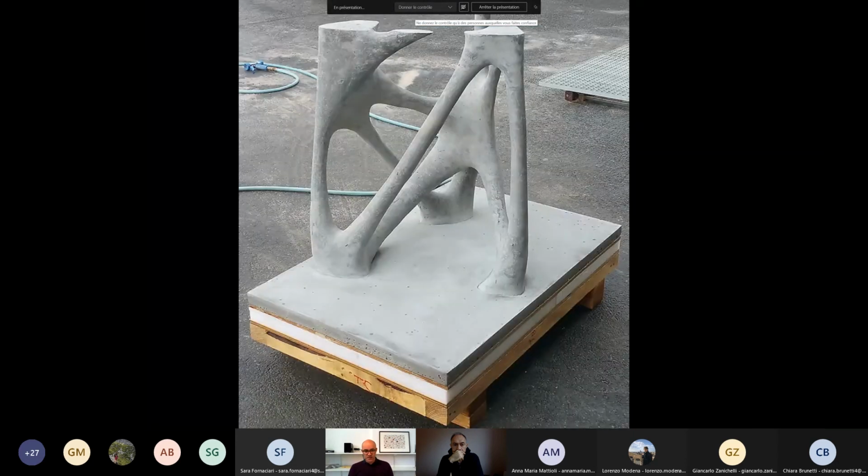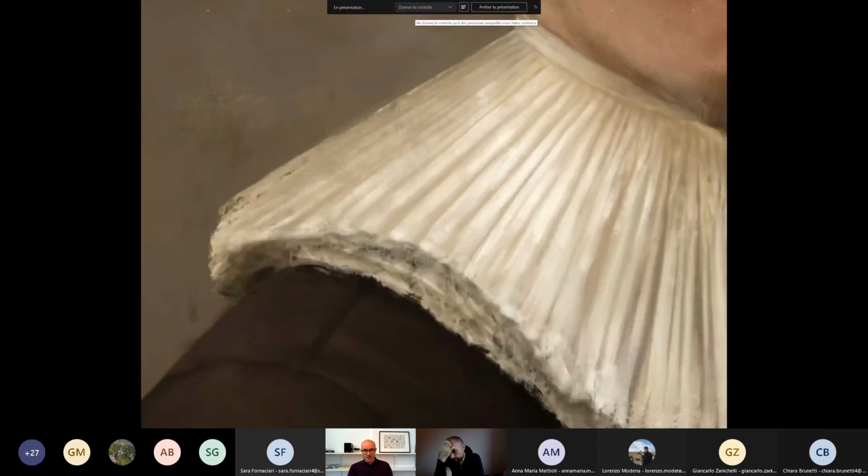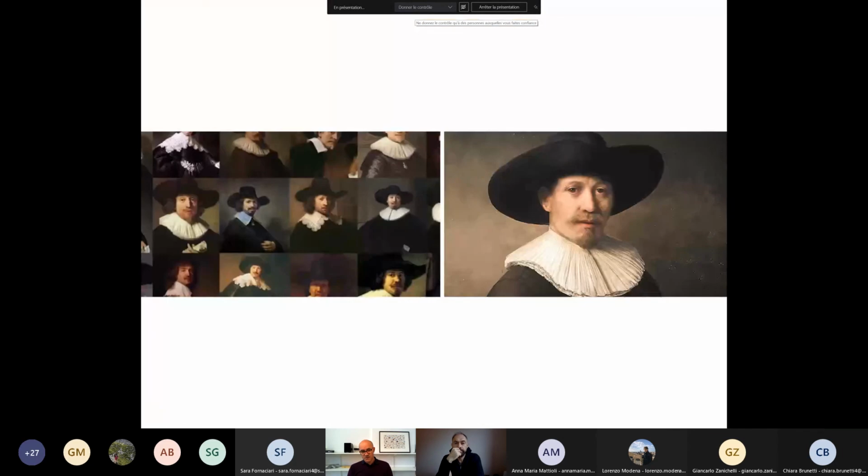But before showing this in more detail, just very quickly, recently I worked on a set design, a graphic design project again, dedicated to the issue of artificial intelligence in art and architecture. Here it's an artificial intelligence which is capable of painting in such an amazing way, as good as Rembrandt. And again, then you have to ask yourself, okay, what about architecture?